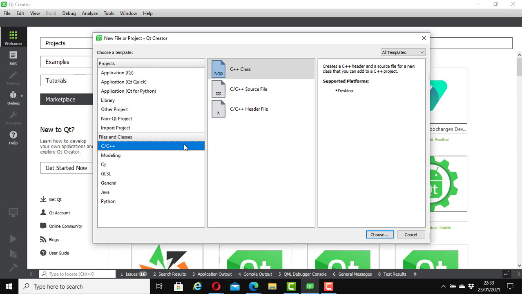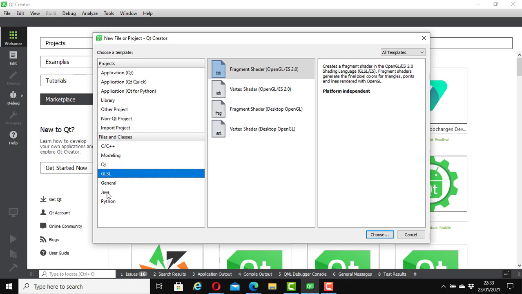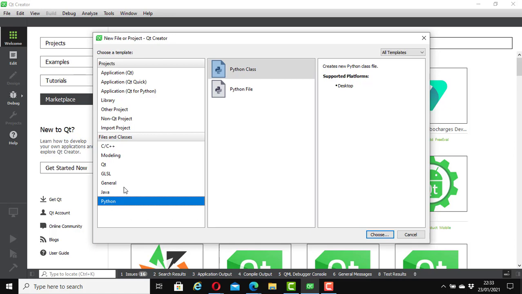Remember, Qt is traditionally meant for C and C++ languages, but you can use it for other languages. Here, modeling, Qt, and so on. Remember as well, Java is still part of the programming languages. Python is there as well.